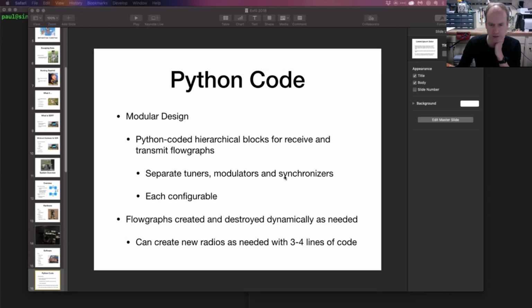Sorry, Paul, this is CJ. What's the range you get with this setup? Oh, I've never tried to do anything more than just across a room. I made no real attempts to optimize the RF performance of this thing. This is a proof of concept design that just tried to work through the control portions of it and the RF portions of it, and not just the RF design portion of it.